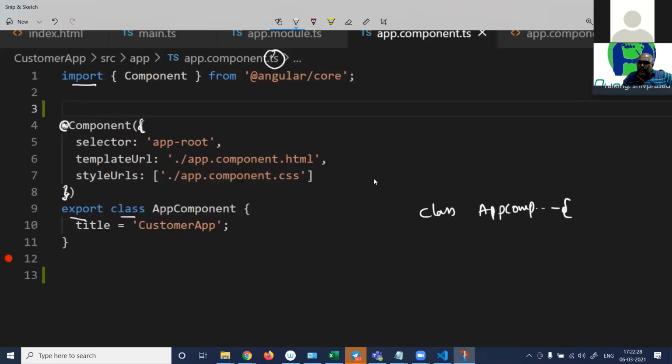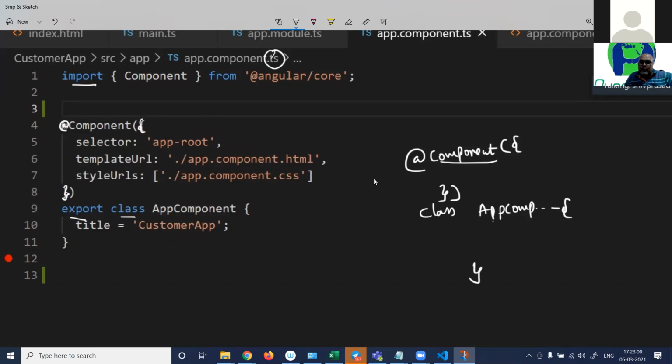And on this class, they have put a nice decorator called component, with brackets and curly brackets. You don't have to know the syntaxes. Please note, you don't have to learn these syntaxes by heart, because this will come in the template, right? So on this class, there is this decorator like a crown, like a mukut, right? So what does this decorator say? Because of this decorator, this class now becomes a component.